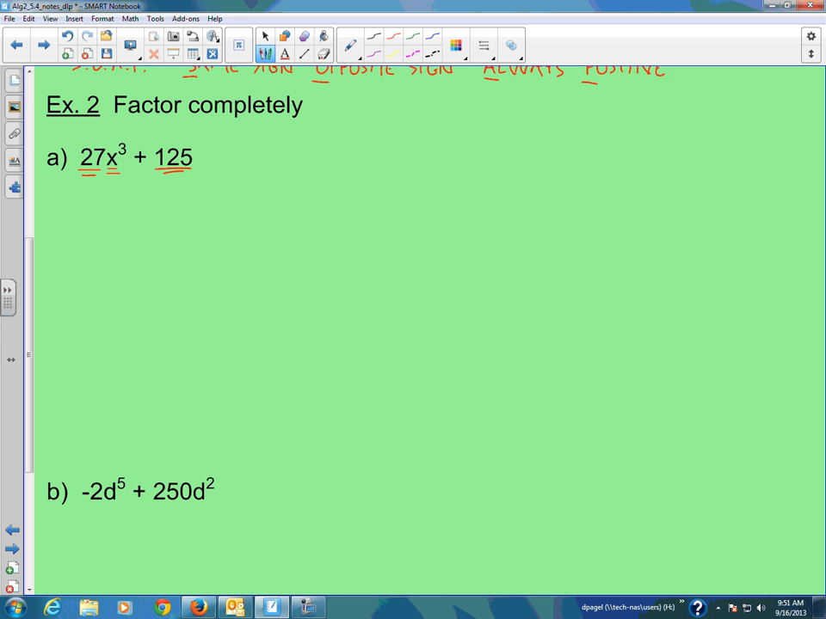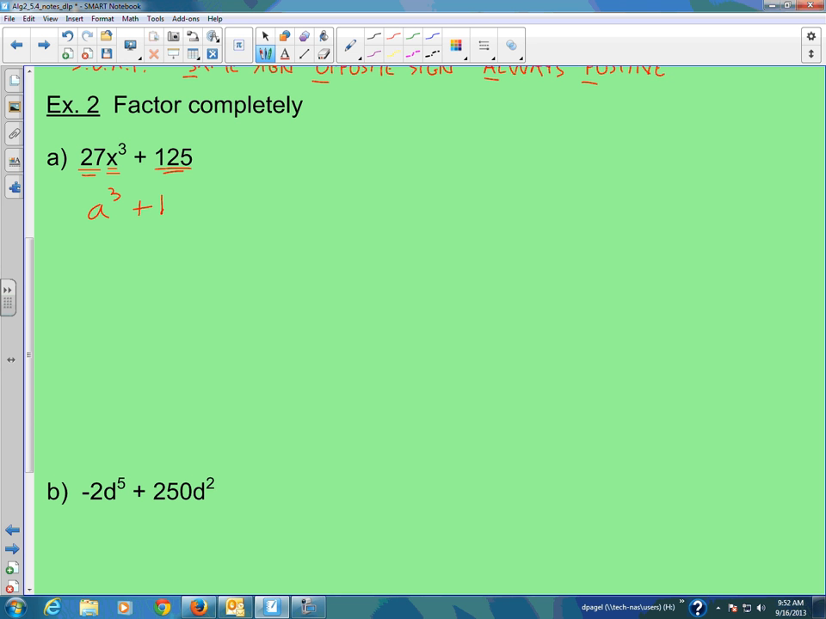And then 125 is also a perfect cube. So you're going to have to know your perfect cubes, like 1 through 7, to recognize maybe the coefficients and the constants. But again, with variables, look for the power. If the power is divisible by 3, then that power is a perfect cube. All right, now right now this 27x cubed plus 125 is in the form of